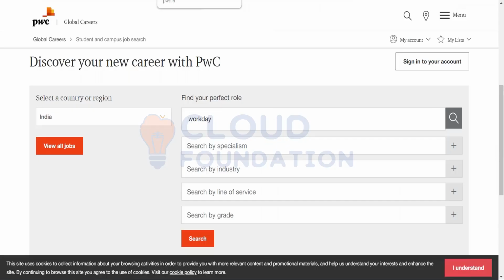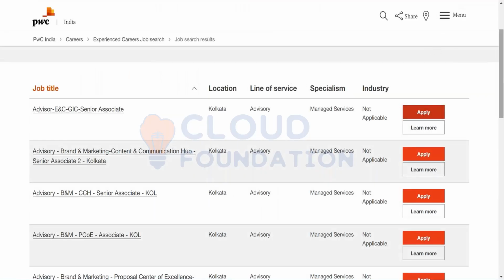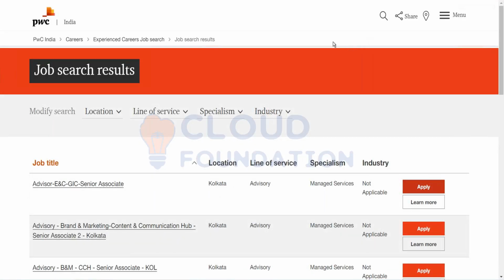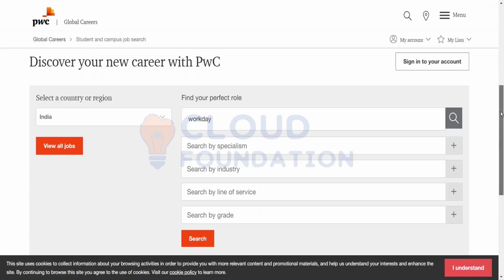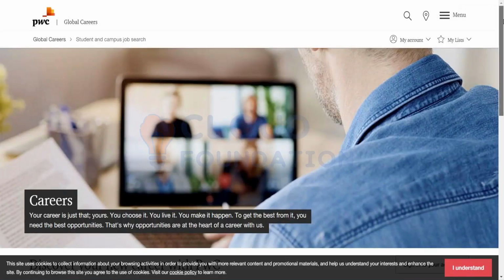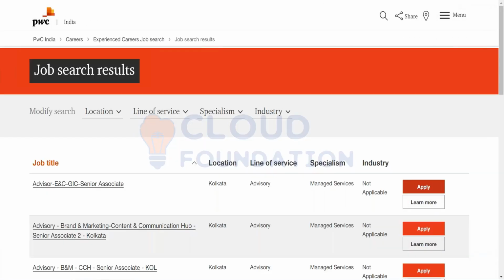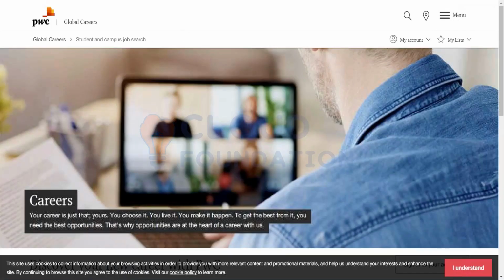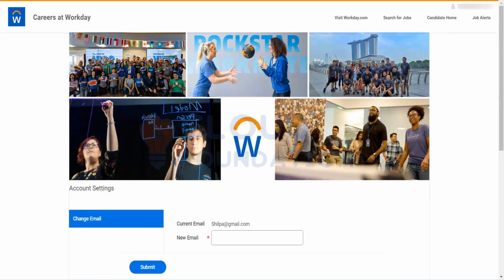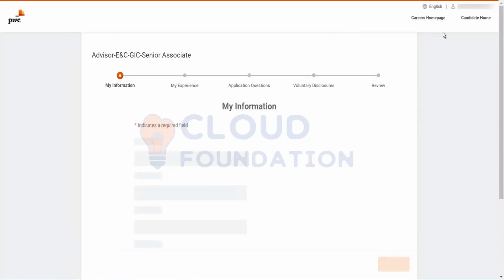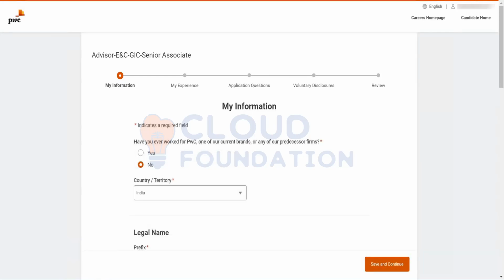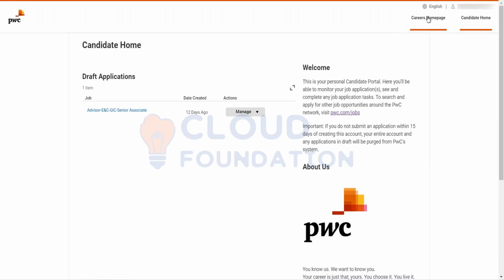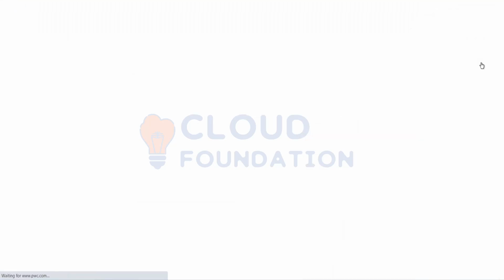But if you see the PwC one, what happens? The number of searches is varying before and after logging in. Yeah, actually this is something different. Let me click on apply. Okay, I'm logged in as Shilpa. And if I go to the candidate home, I will see the history. And if I go to the careers homepage,